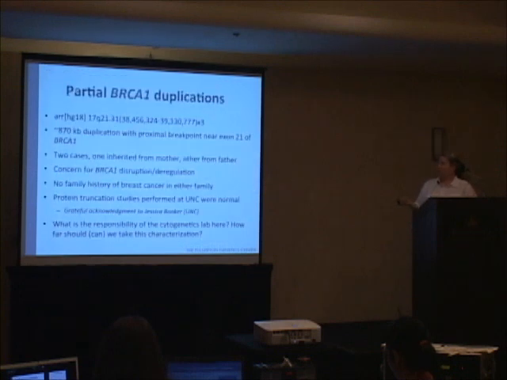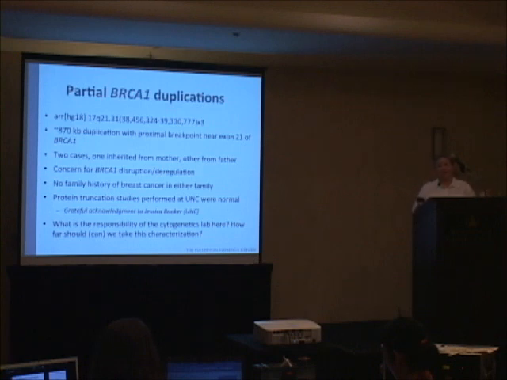I'll just share with you 2 cases that we had. These were around 2008 or 2009, where we had a nearly 1 megabase duplication, but the breakpoint ended in BRCA1. And so that was a super unhelpful report. Like, you may or may not be a BRCA1 mutation carrier, and we of course found it in family members in both cases, one from a mom and one from a father. And Jessica Booker at UNC did as much as we could. Sequencing doesn't help in this case, and I can go through the details of that if it's not obvious to you.